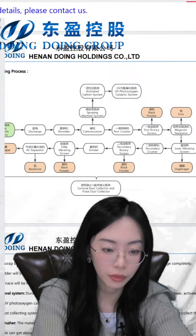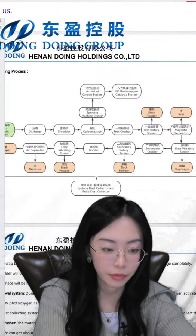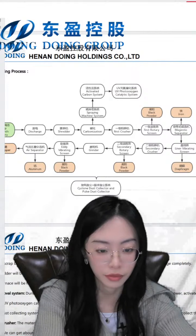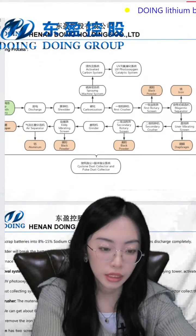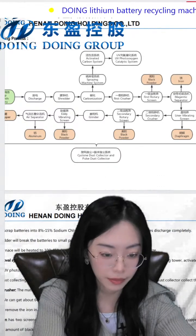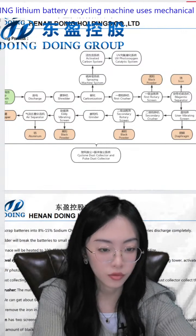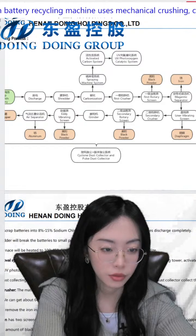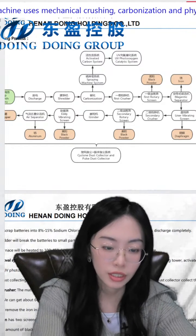So this is why we will separate the iron from it. We will use the magnetic separator to separate it from the raw material. And then the material without iron will come to the linear vibrating screen. This uses the vibration of the screen and controls different products through the multi-layer screen mesh, which are discharged from